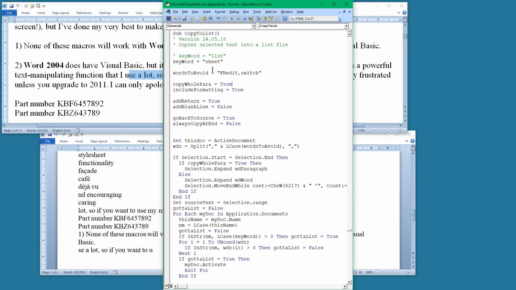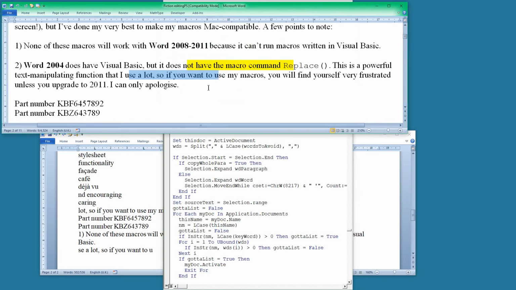There are various other options in there about adding returns and where you put the words that come from the source file. You can put them always at the end of the list file, but that's another obscure bit. Oh yes, and the include formatting equals true. So have we got an example of that? Yes, we took,